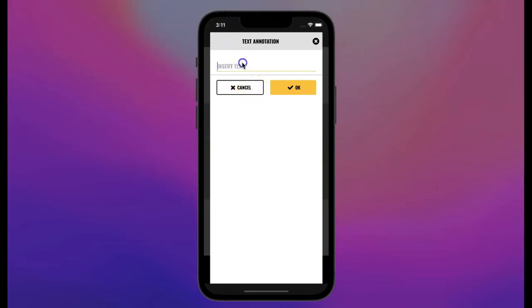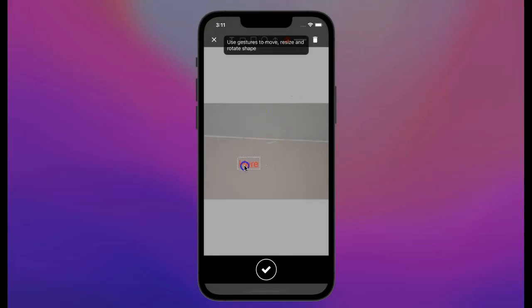You can add text, and other objects such as circles or arrows. You can also just draw something by simply using your finger on the screen.